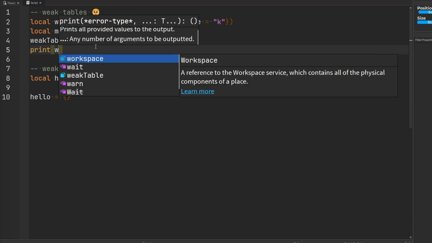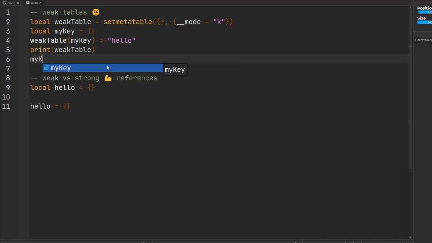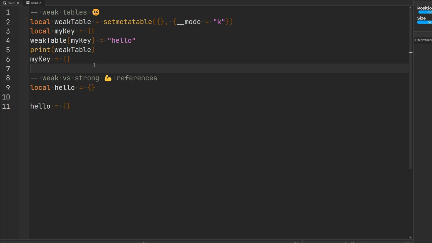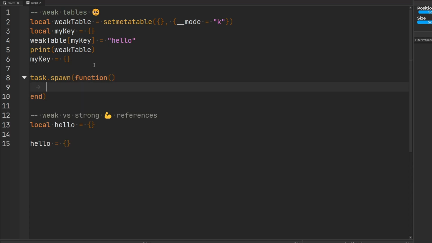So when we first print out our weak table, we're going to see our key and our value inside of it. But once we set our myKey variable equal to a new table, this original table up here no longer has any strong references, so it can be garbage collected. Now, garbage collection can take a long time to happen for weak tables, especially when there is no so-called memory pressure. So to make some memory pressure, what I'm going to do real quick is